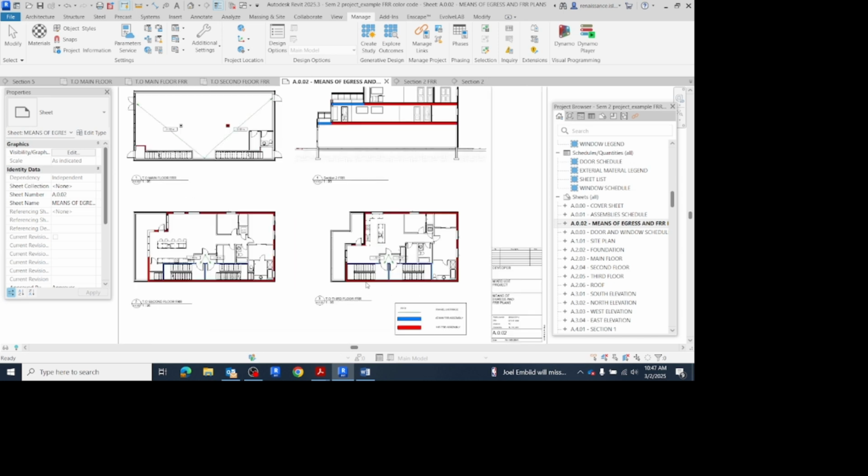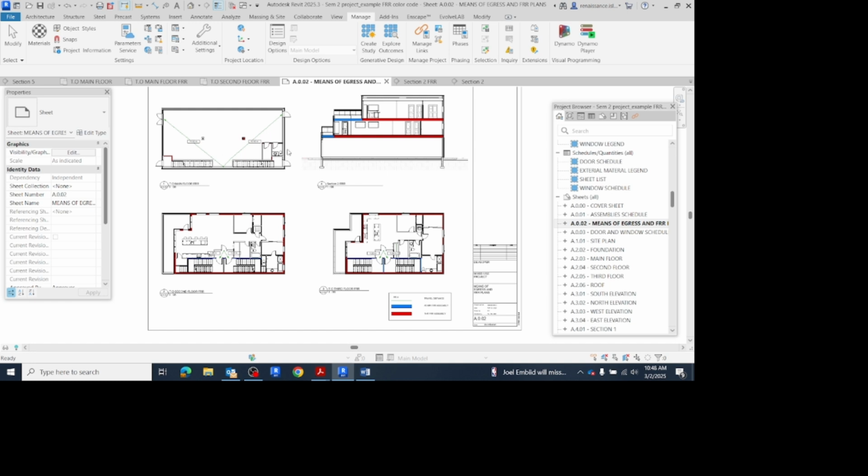You can color the different walls and the floors based on the fire rating requirements, and then bring them into sheets. You have to bring all your floor plans. If you have 3 floors, then 3 floor plans, and it's better to bring at least one section. It could be 2 sections, depending on if you can show the fire rating of all the floors visible